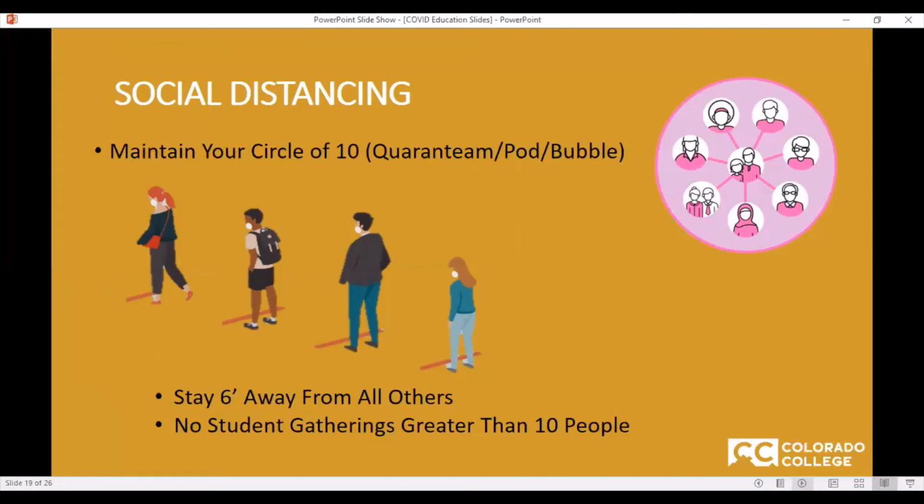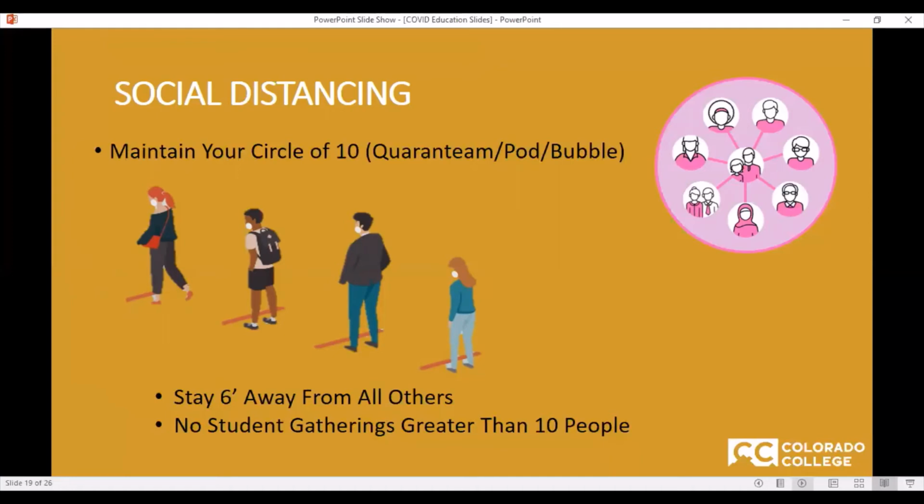So if your roommate has a partner with whom they spend a lot of time, that partner is part of your social circle. And that partner's roommate would also be a part of your social circle. As you think about the way that your social circle can expand based on close contacts of the people you spend time with, it would be easy to reach 10 people. Open communications and thoughtful consideration is required for creating your quarantine.